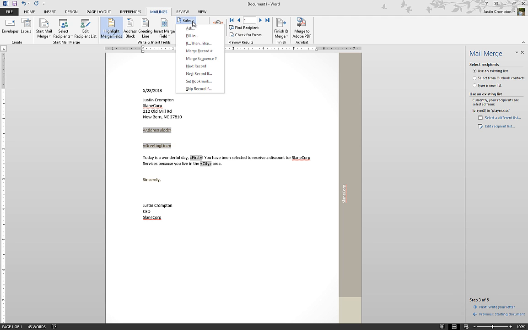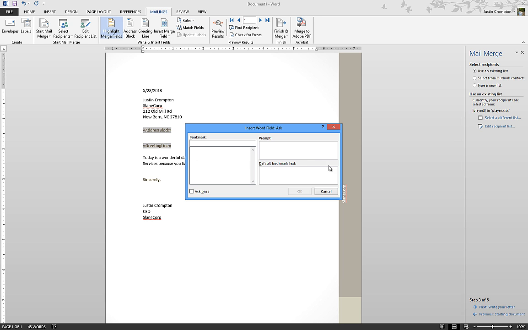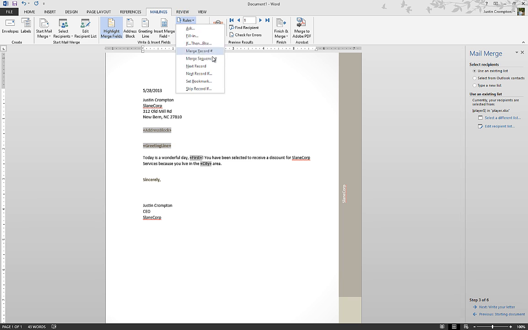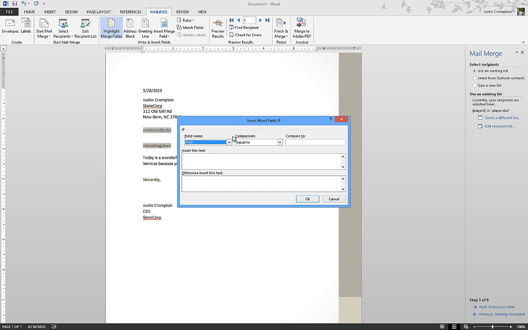Now I can also have rules. These are things I can do with a merge. So ask me to do something. I can add, prompt me. If then else. So if the first name is equal to a certain thing, Shannon,